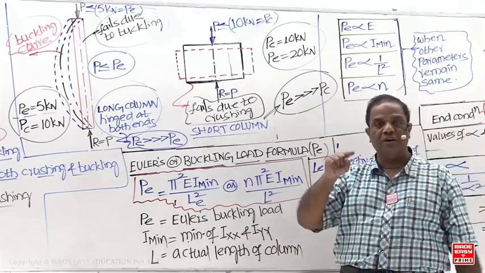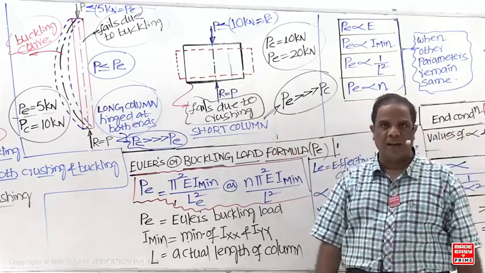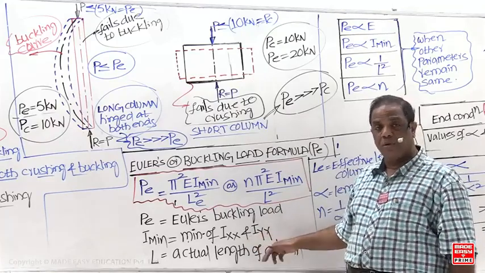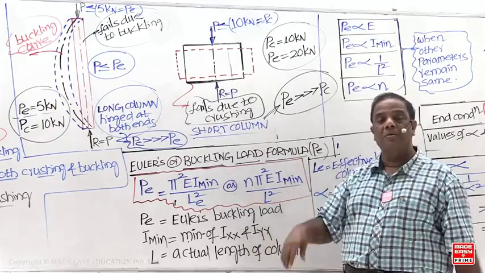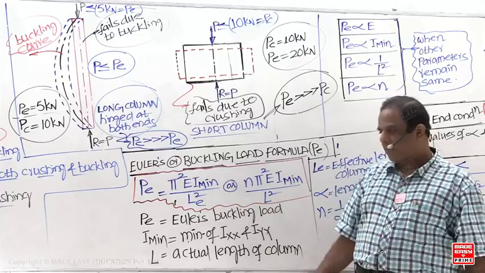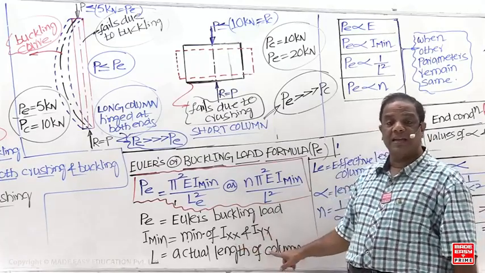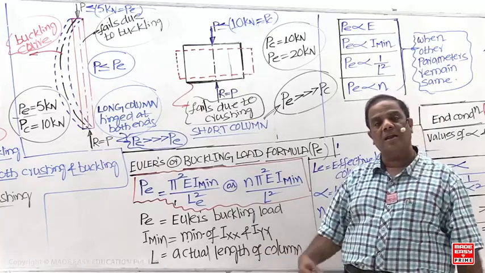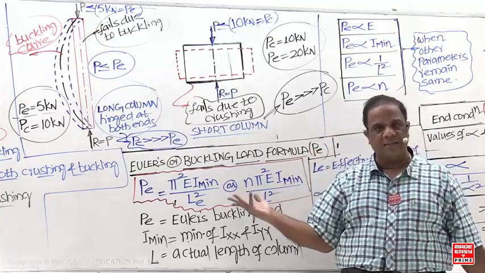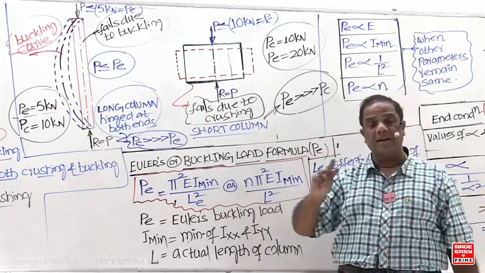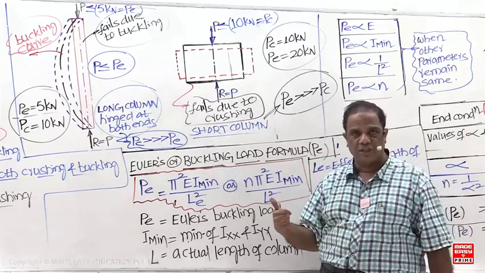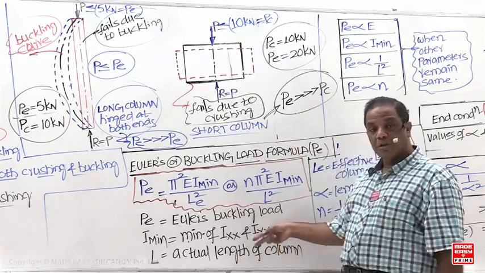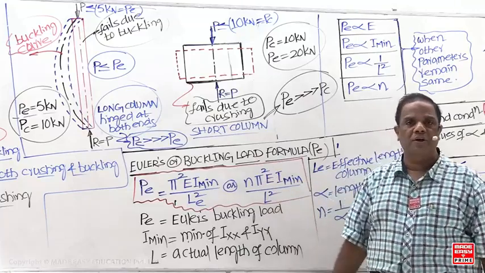But in beams, you have to take the moment of inertia about the neutral axis. But here, I have to consider both IXX and IYY. Both you have to calculate, and whichever is the minimum you have to take. In which cross section are both IXX and IYY equal? Square and circular. Whenever it is square or circular, you can take either IXX or IYY. But other than circular and square, if a rectangular cross section is given, shall I take IXX or IYY? Both you have to calculate, and whichever is the minimum, take that.